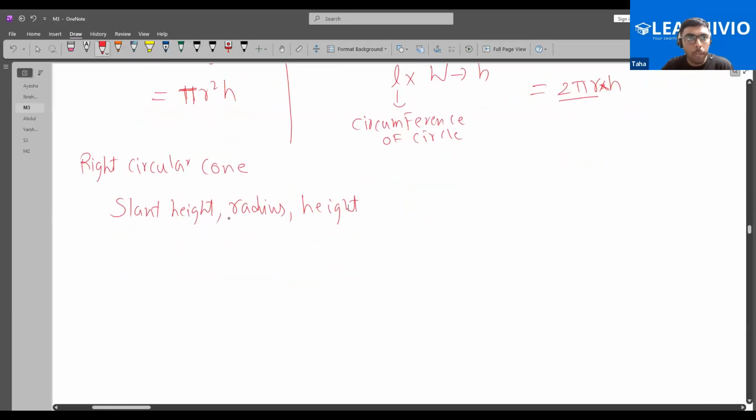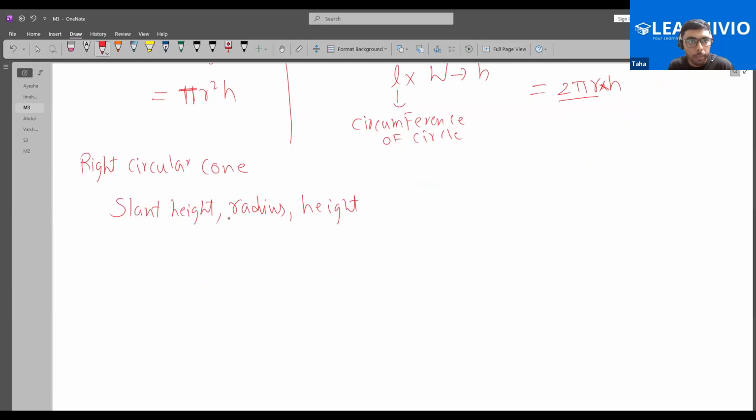So a right circular cone can be generated by a right angle triangle. Okay. In this right angle triangle, this particular base is going to act as the radius. That is how we are going to get the radius of a right circular cone. Okay. And then the height of this particular right angle triangle, the perpendicular height, is going to be the height of the right circular cone. And then the slant height, meaning the hypotenuse, is going to be our slant height. Okay. Now, if we attach a stick to it and rotate it, this particular figure